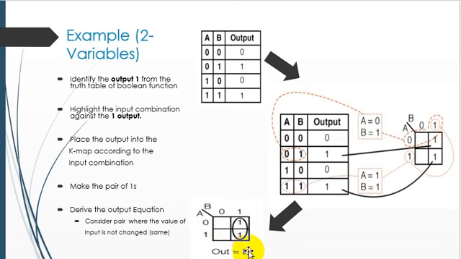That's why we will not write it in our output equation. Only that variable that does not change throughout the pair, we write down. And you can see 1 remains unchanged throughout this pair, because 1 is for the whole dedicated column, so we just write down B for the output equation. This is a very important thing, because finally we are going to take our output result in the form of a simplified equation, the most simplified form of this truth table.